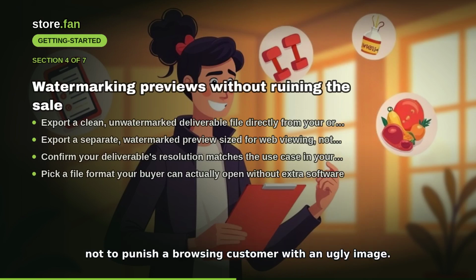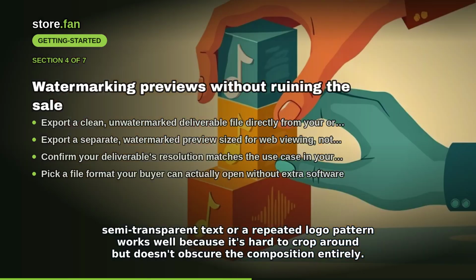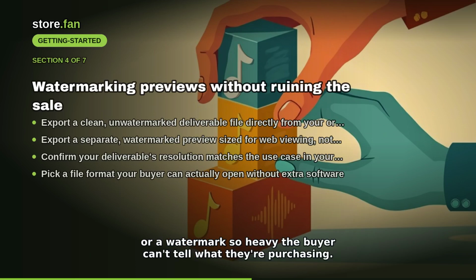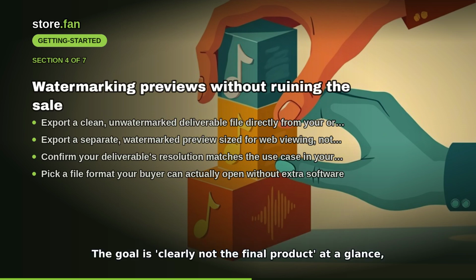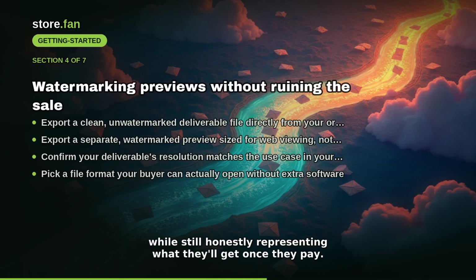not to punish a browsing customer with an ugly image. Diagonal, semi-transparent text, or a repeated logo pattern works well because it's hard to crop around but doesn't obscure the composition entirely. What doesn't work? A single small logo in one corner, trivially cropped out. Or a watermark so heavy the buyer can't tell what they're purchasing. The goal is clearly not the final product at a glance, while still honestly representing what they'll get once they